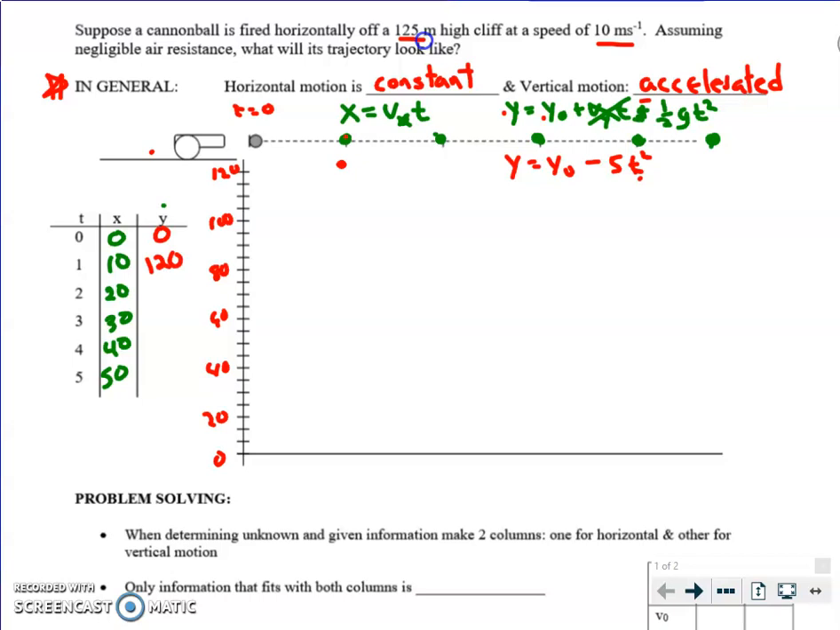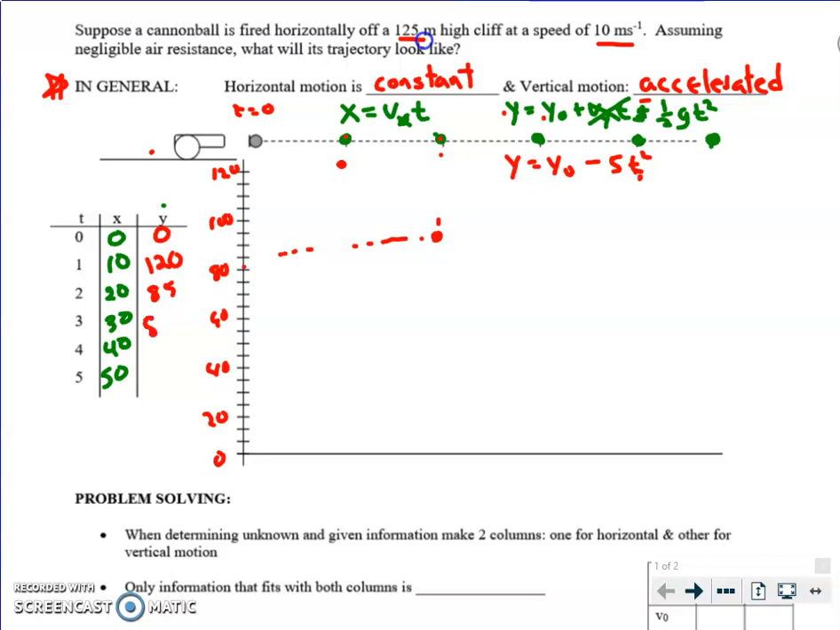So we are going to be at position 85. So here is 80, 85. I'm going to go over, and I'm going to go under where it's moved over, so it's right about there, approximately. After 3 seconds, 3 squared is 9. 9 times 5 is 45. 125 minus 45 is